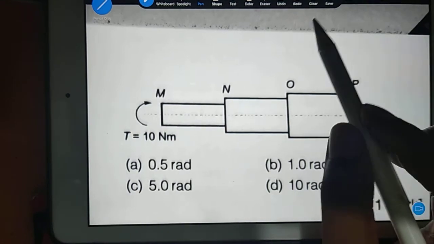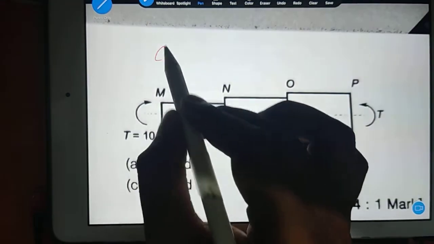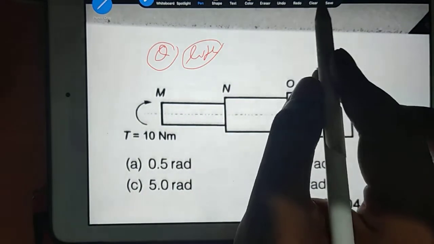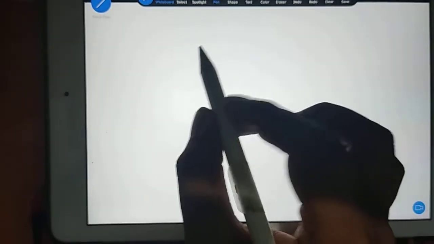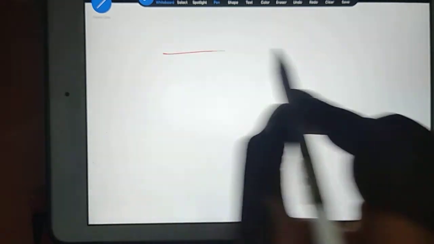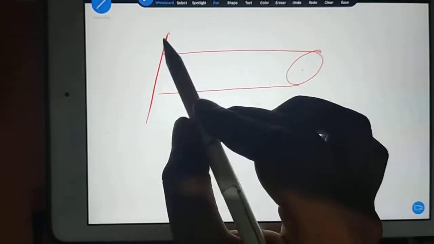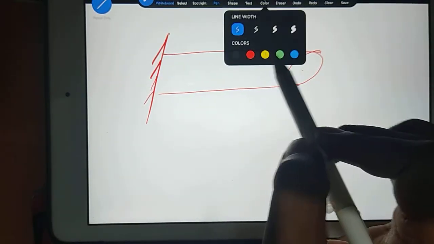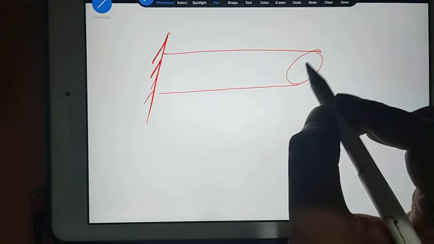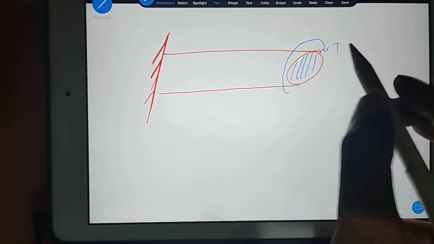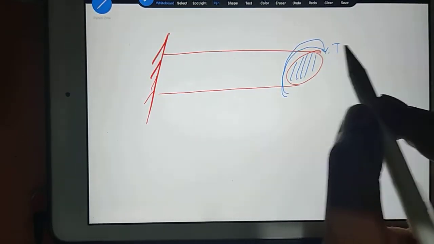So you see here, this theta is actually a function of length. What my point? Explain here, understand here. Suppose you have a torque like this. Already I have given this in the live class, so you might have the idea. So see, if you are applying torque like this, this disc will turn maximum, right?